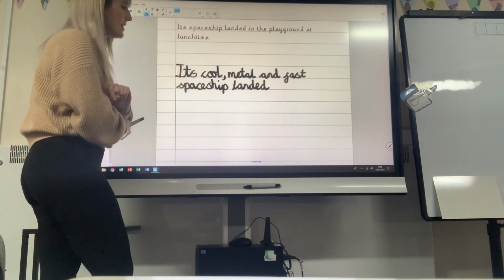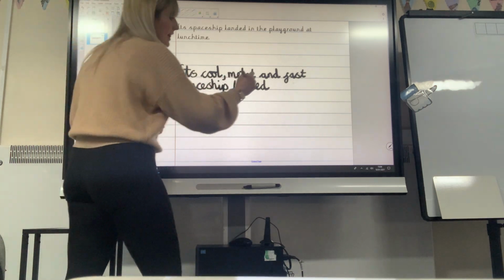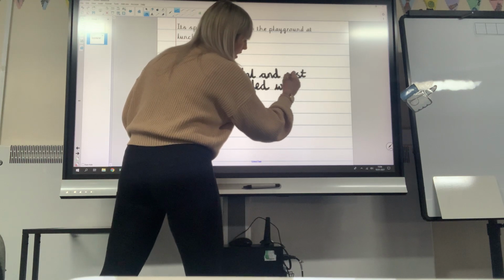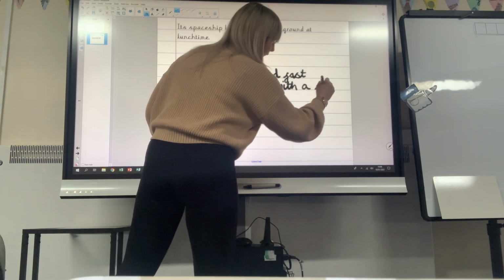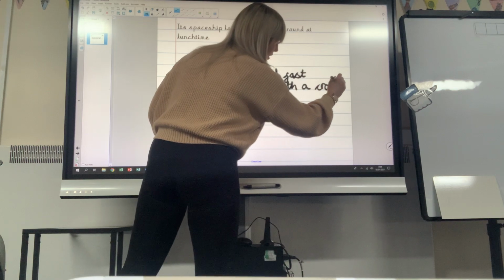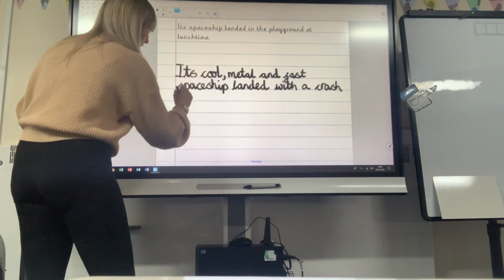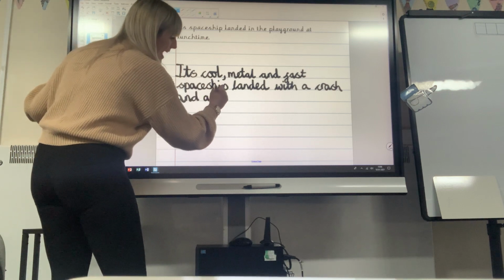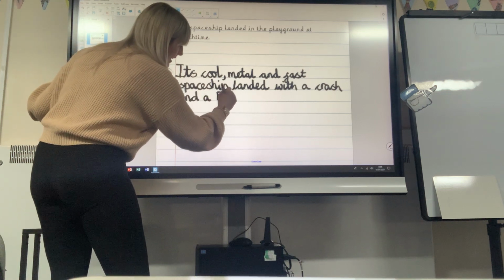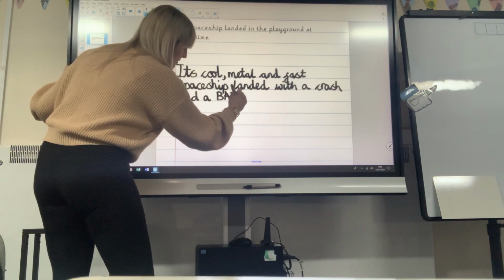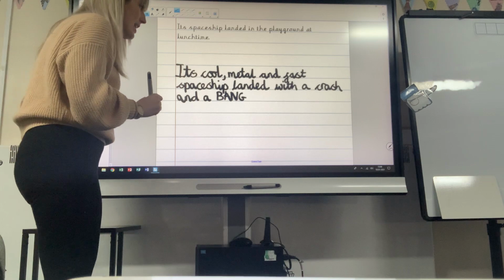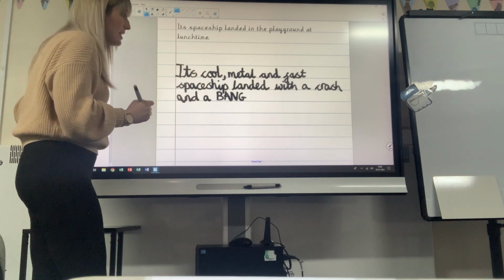So it's cool, metal and fast spaceship landed with a crash and a bang, and I'm going to put bang in capital letters to emphasise it. So it's cool, metal and fast spaceship landed with a crash and a bang